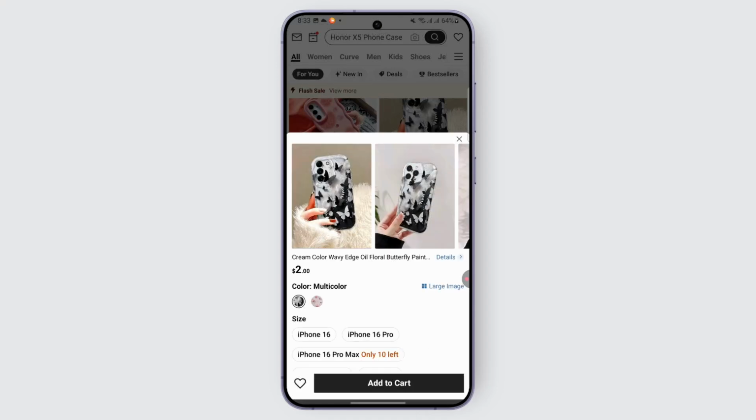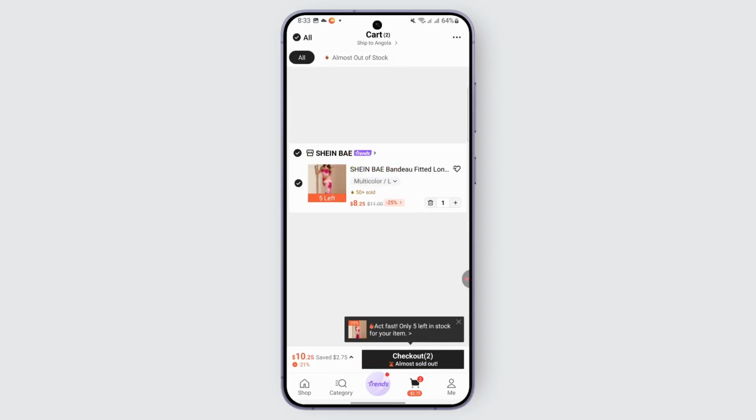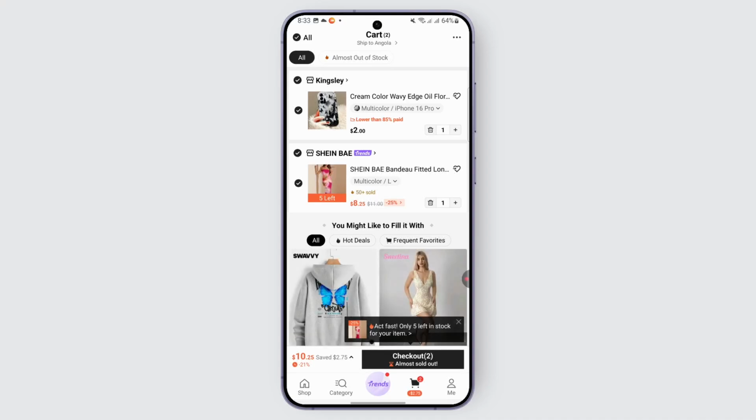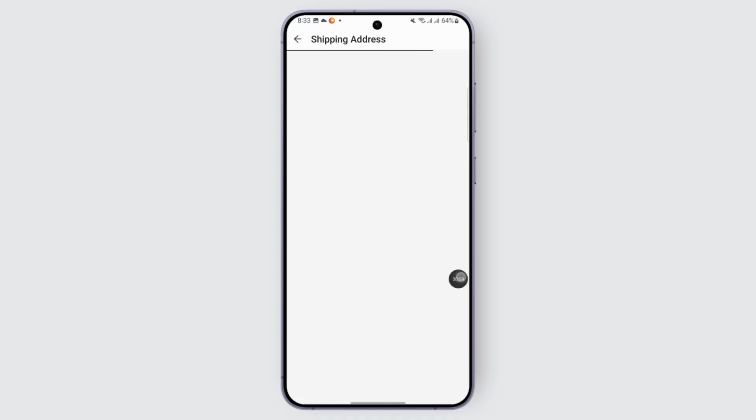So you may select the color, the variations and everything about the product, and tap to add it to your cart. Now once the product is added to your cart, you can just go to your cart option, tap on it, and once you have finished shopping, you can look out for the checkout option. Tap on this checkout option right in the bottom right corner, and once that is done, you will be taken to the section right here